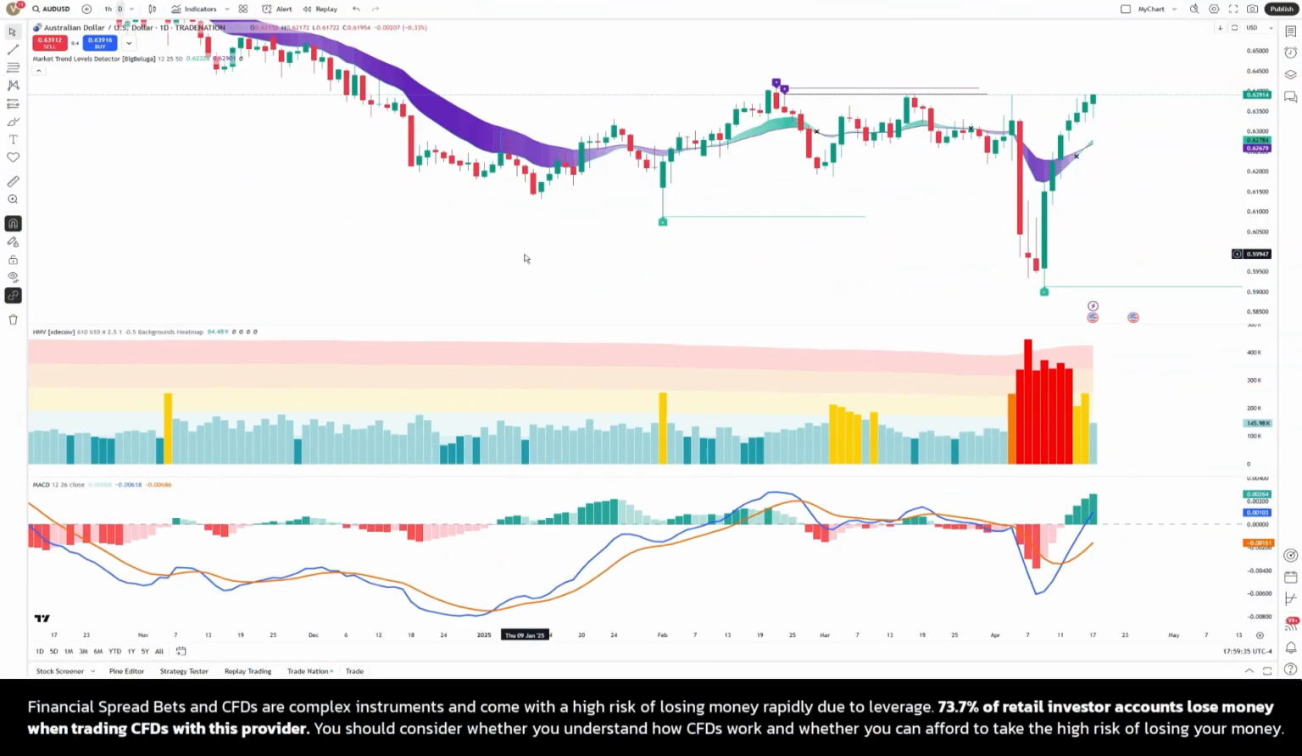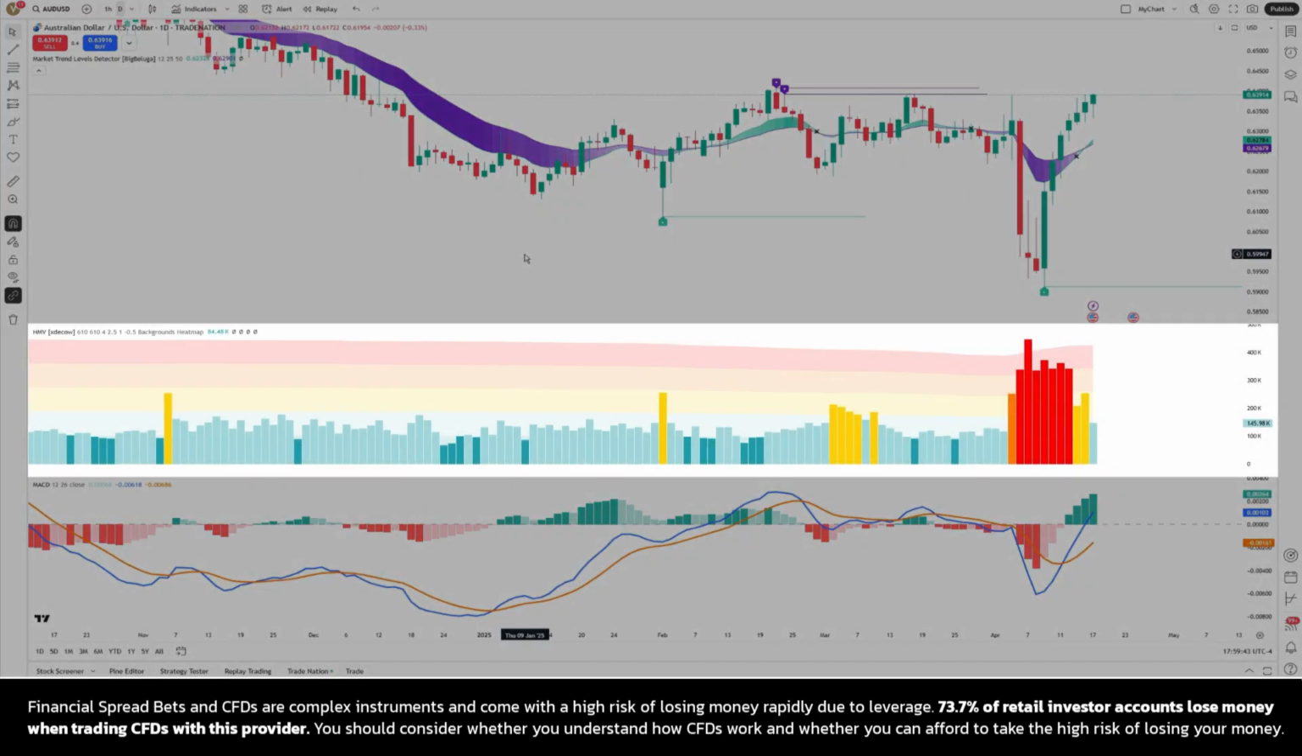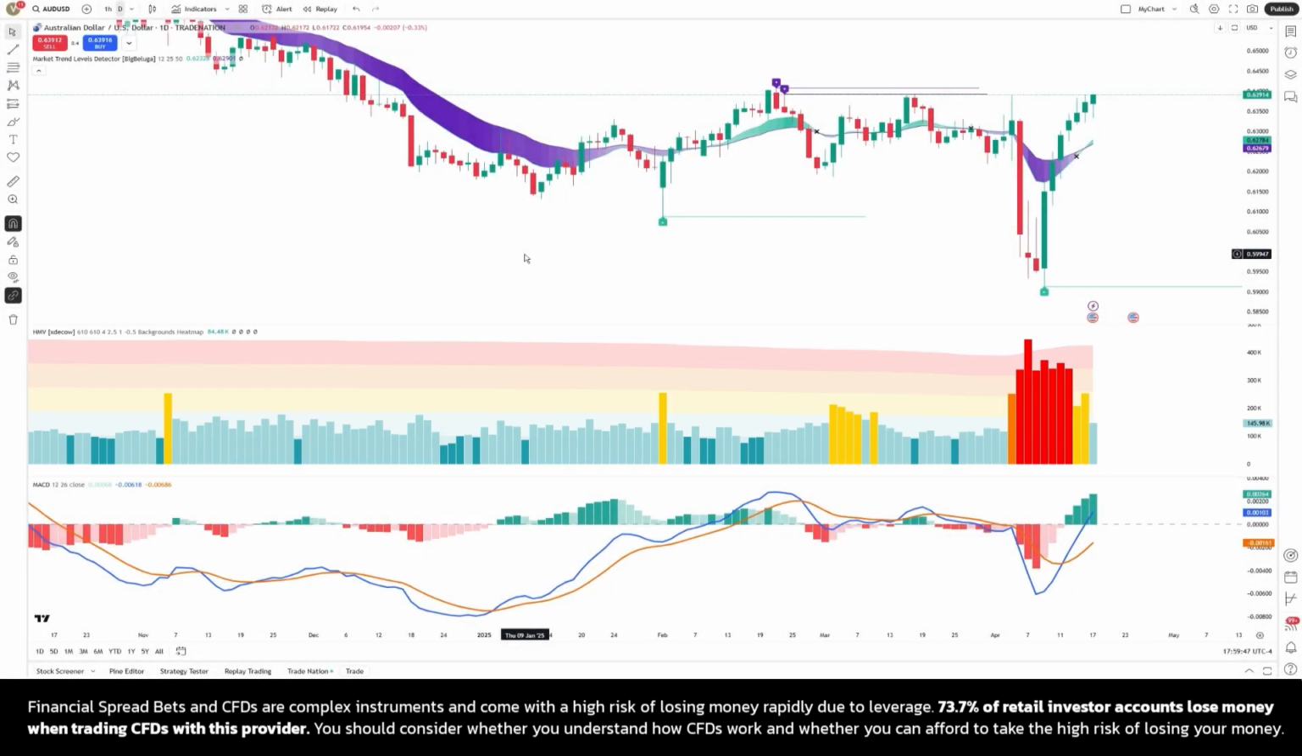To enhance its functionality, the Market Trend Levels Detector could integrate additional signal filters such as volatility-based or price momentum criteria, reducing false crossover signals and improving reliability in volatile market conditions. Furthermore, incorporating volume analysis could strengthen the detection of robust support and resistance levels by considering actual trading volume at